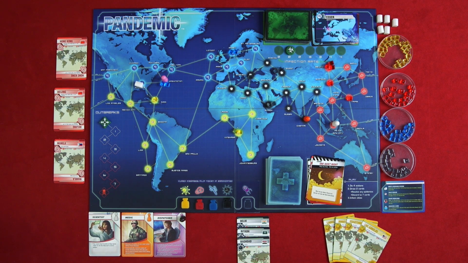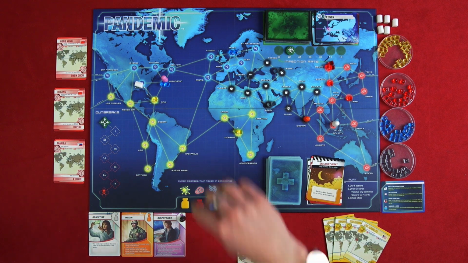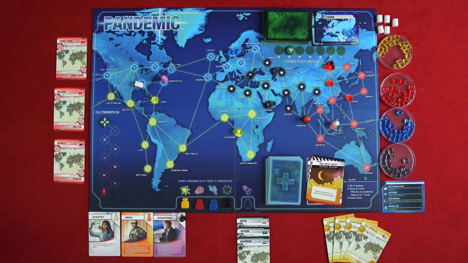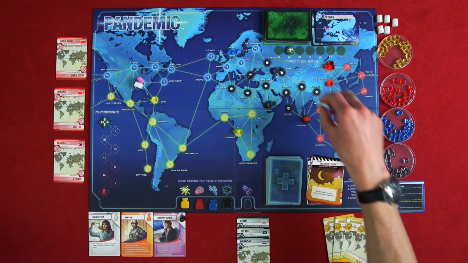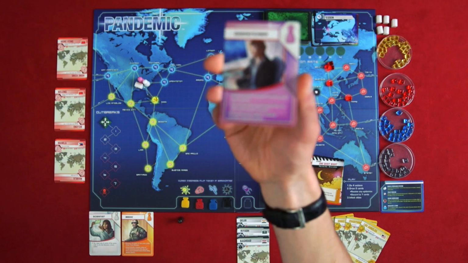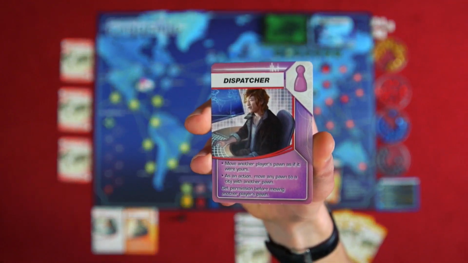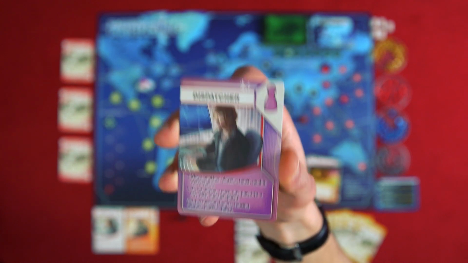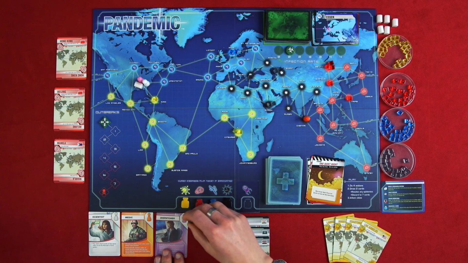Okay, now it is the dispatcher's turn. So what we were going to do, we were going to go 1, 2 actions to treat the blue disease in Washington. I'm going to go 3 and then pull the scientist for 4 using our dispatcher's amazing special ability of being able to move any pawn to any other pawn. So now our scientist is ready